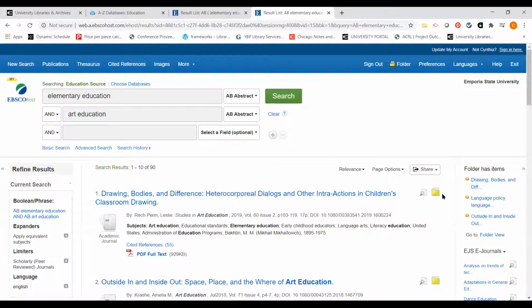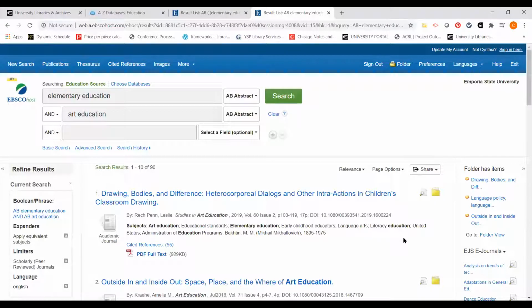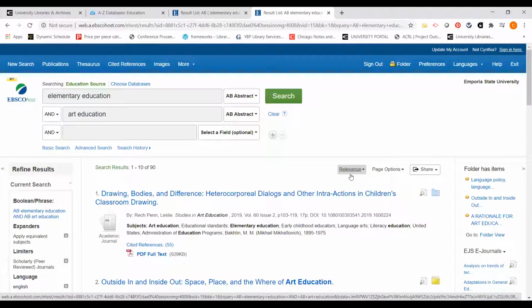Well, remember when I was clicking on these different links to add articles to a folder? If I'm already signed in with my EBSCOhost account, I can click on these and I can actually add them to a folder in my EBSCOhost account that will not go away until I actually decide to delete those articles. Now, when I clicked on this, you notice that I have some different subfolders going on here. In your folder of information, and we'll go back up here,